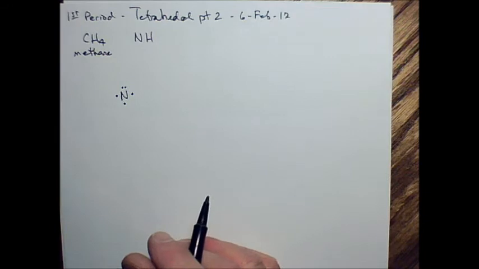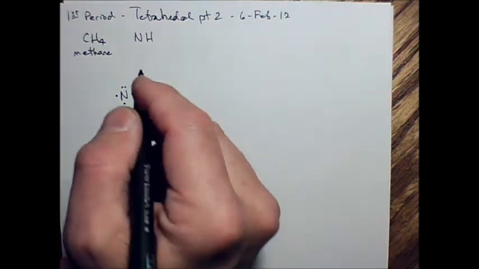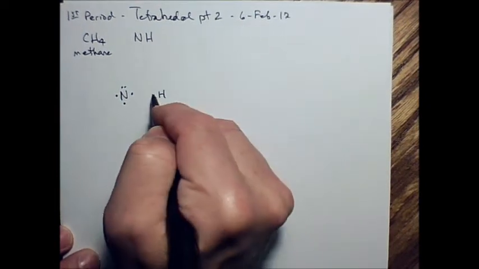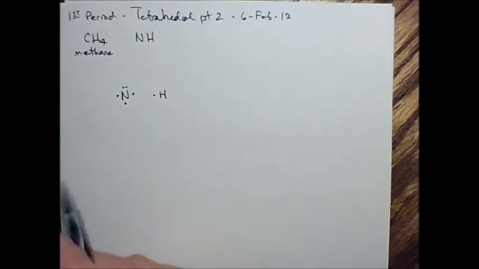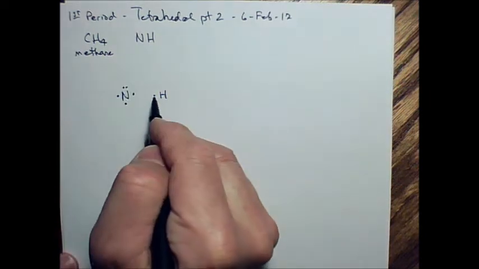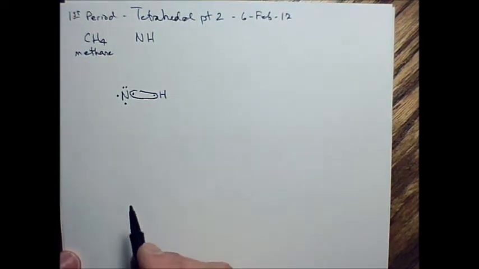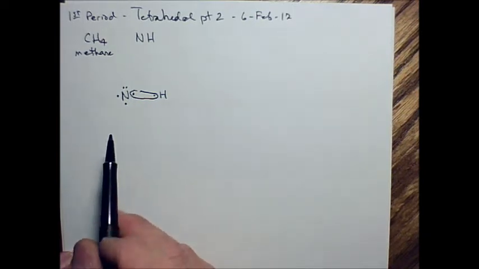Okay. How many electron dots do I put around a hydrogen? 1. Okay? How many electron dots does hydrogen want to have to be as stable as it can be? And how many electrons does nitrogen want to have to be as stable as it can be? It needs 3 more for 8. Okay, so we can share 2 electrons here, and that gives that hydrogen 2 electrons,